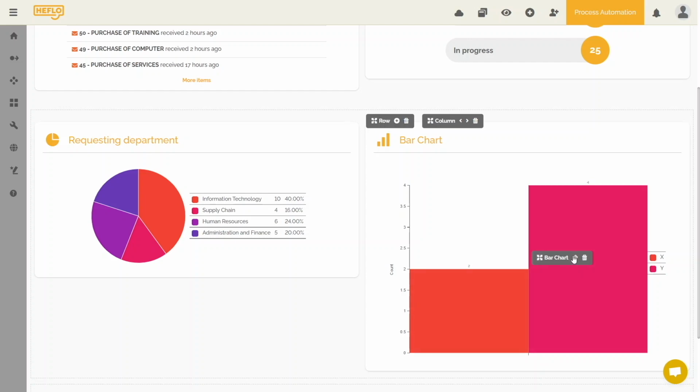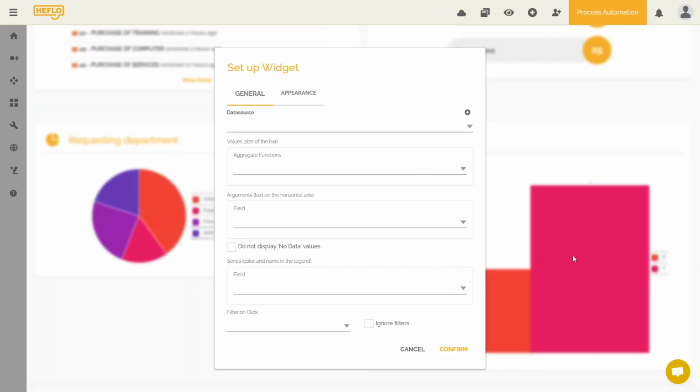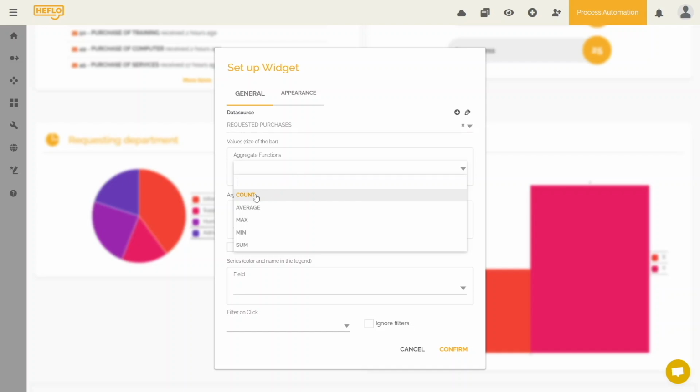The configuration of this type of chart follows the same ideas as the pie chart. You just need to indicate what the data source is. For this, you can create a new data source or select an existing one. In our case, I want you to select an existing data source, which is the same query used for our pie chart. It's important because I'm going to show you something very interesting later. Now, I need to determine what value will be used on the argument, which will determine the y-axis and the x-axis. Here, I will use the aggregate function count.